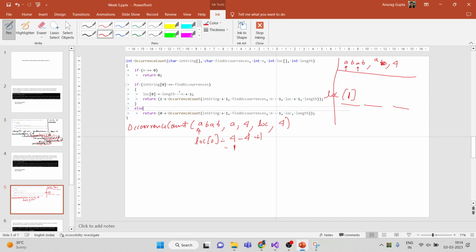So let's say I reach this particular part, right? Then the length is 4 minus 3, minus 2 plus 1. So you can actually run this and you'll realize that this works. Then 3 will be stored for this particular one,